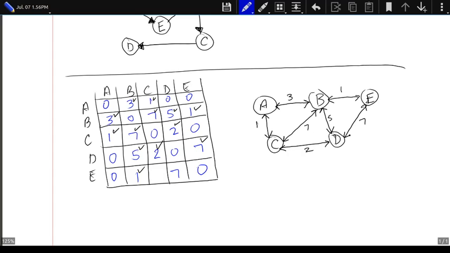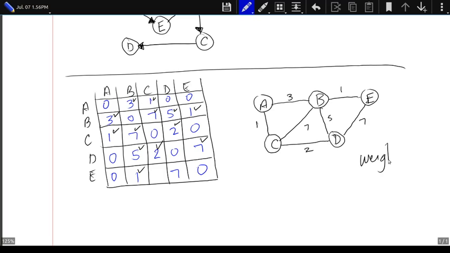So now that I can see that all of my edges are bidirectional, I could actually remove all of the arrows, because what we have here is an undirected graph, and there's going to be no easy way for me to do this in my drawing pad. So let me fix this up. Now I've removed all of my arrows. We can see here that we have a weighted, undirected